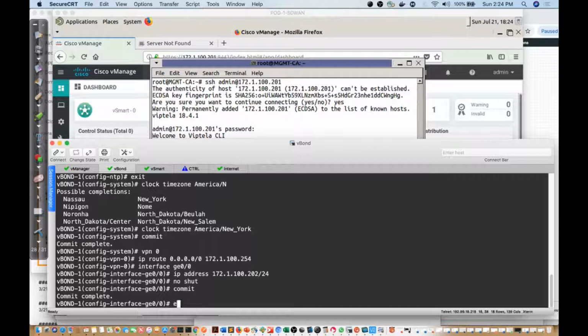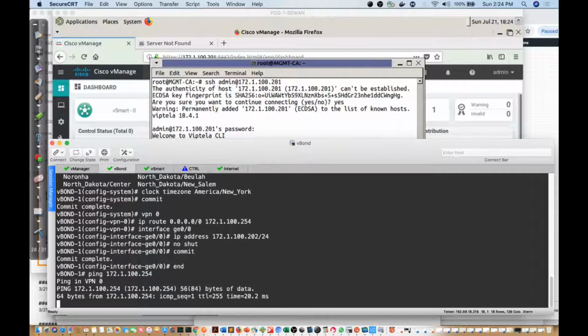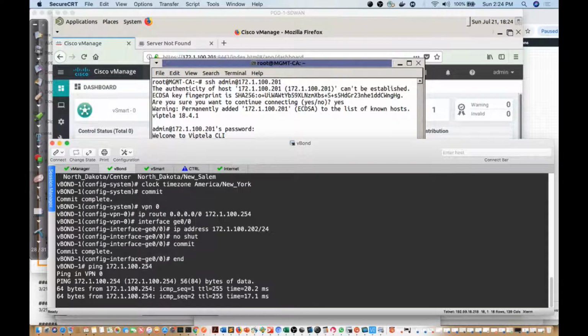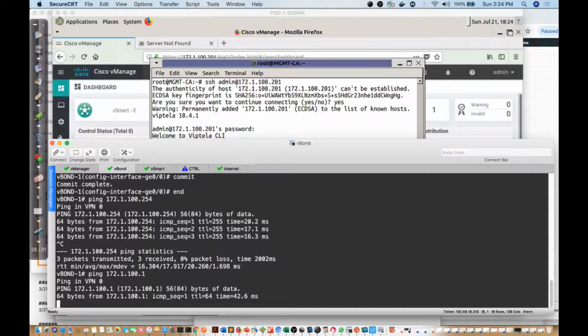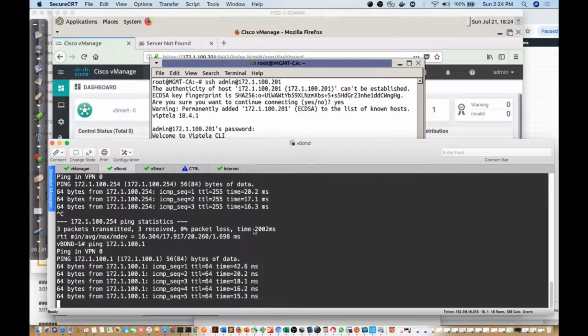Okay, so can I ping 172.100.254? Can I ping my gateway? I sure can. Can I ping the jump box? I sure can. Now, one of the things I want to verify here is I want to go ahead and